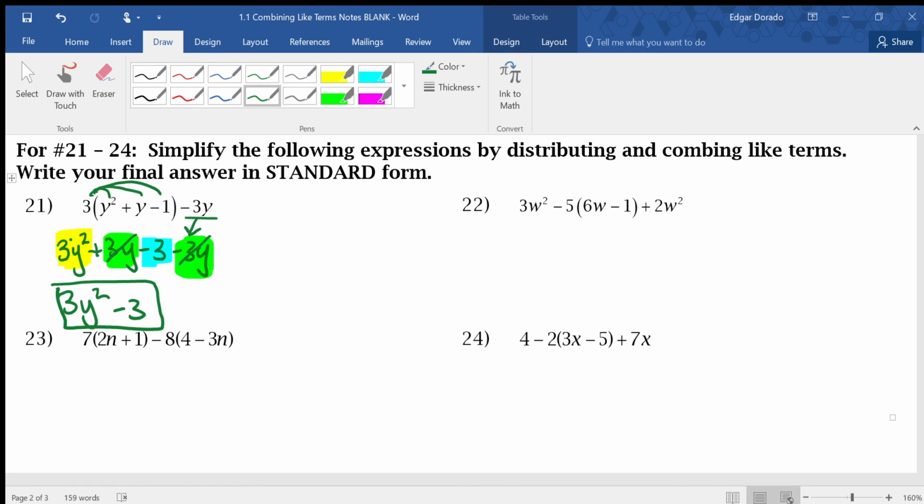All right, I'm going to go ahead and do number 22 with you guys, and then I'm going to have you try out one on your own. Actually, why don't we go ahead and do number 23 together. I'm going to let you try number 22 and 24. So